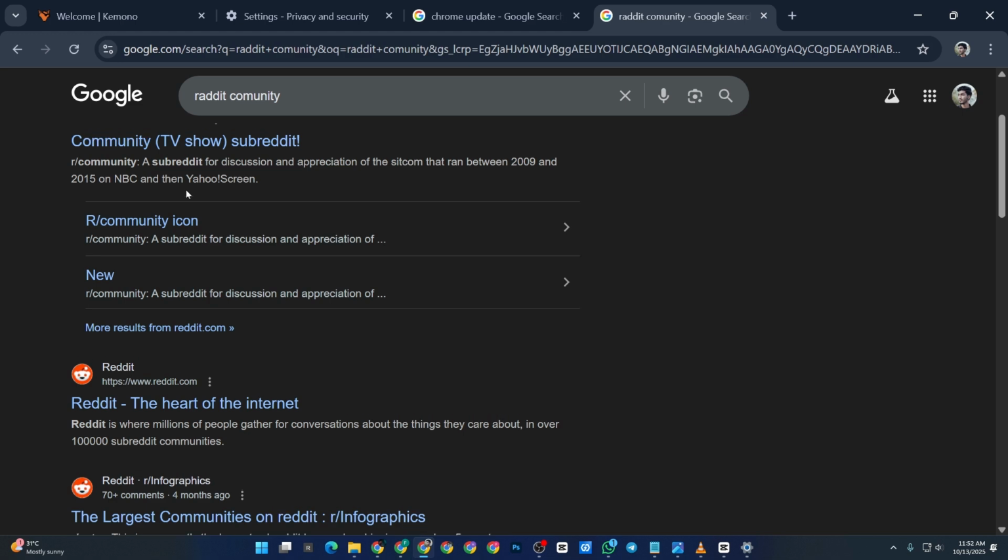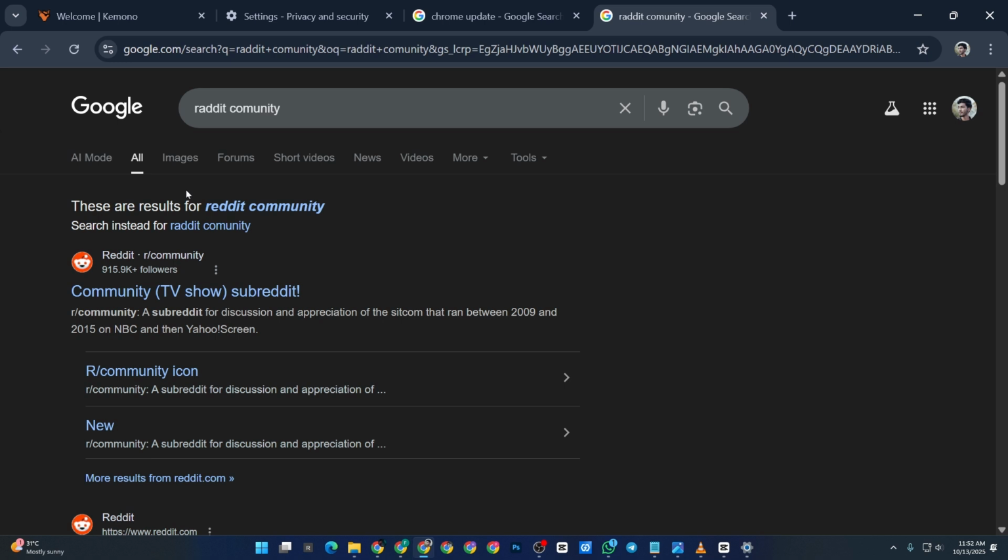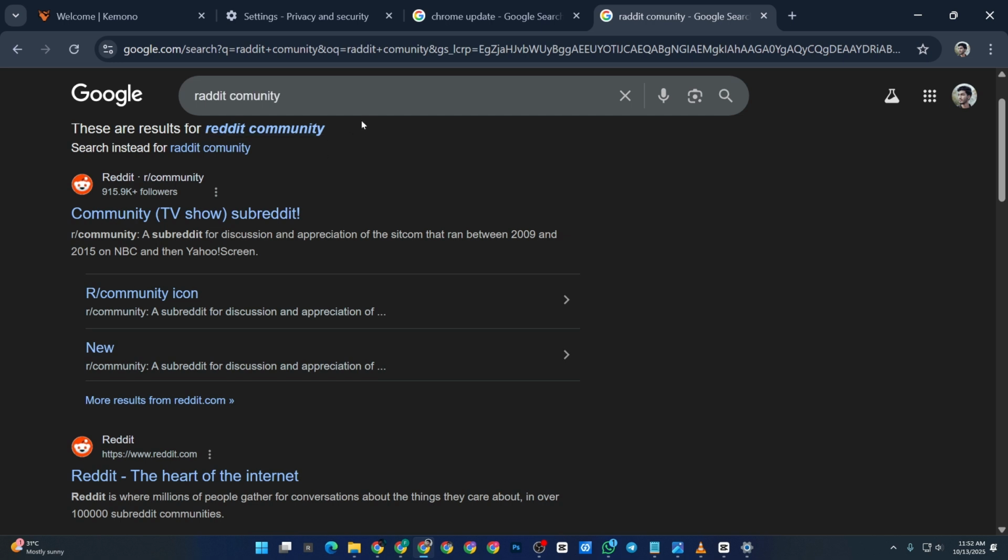And that's it. By following these steps, you can usually fix Kemono Party not updating and get back to browsing